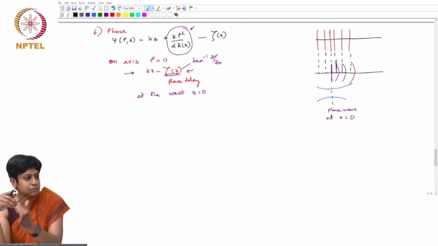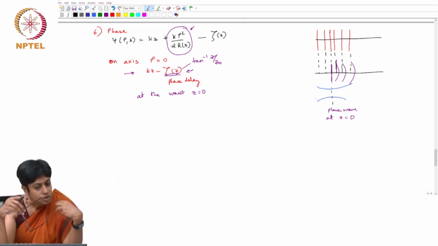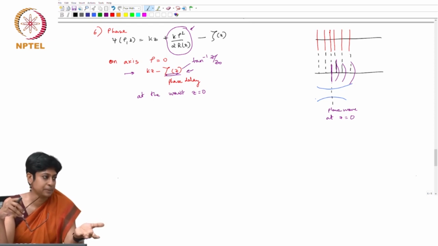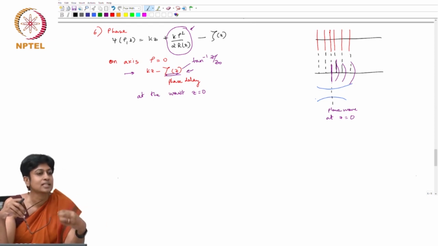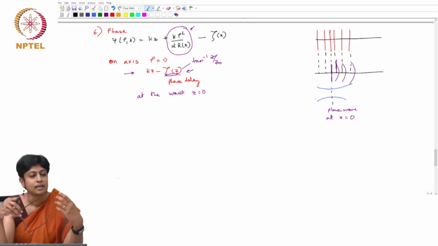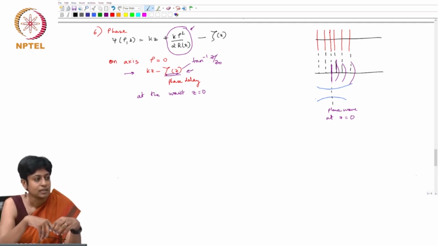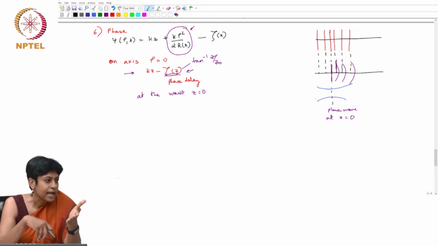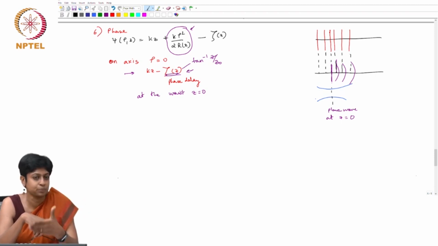And while I might think of phase changing as the beam propagates, one also has to understand that if you have a beam whose phase changes in a particular way, that is actually the very definition of that beam. So if I say this is a Gaussian beam, or if this is a Laguerre Gaussian beam, if this is a beam with orbital angular momentum, how does a beam get defined as belonging to some category? It turns out actually you're defining that by looking at the way its phase changes as it propagates.